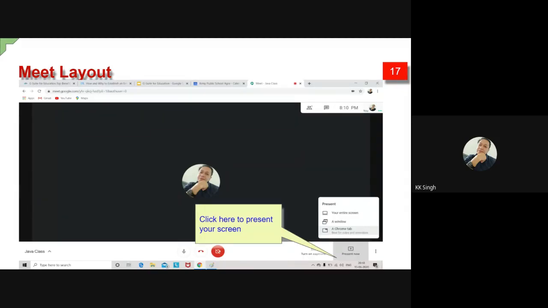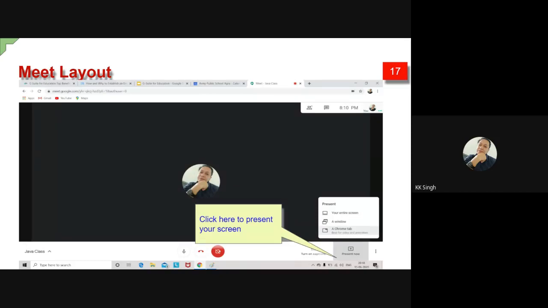If you want to share through a window, whichever window is open, you can share it. Like if I have opened Microsoft Word, or PowerPoint, or I have created three windows like PowerPoint, Excel, and MS Word, I can use any of them.